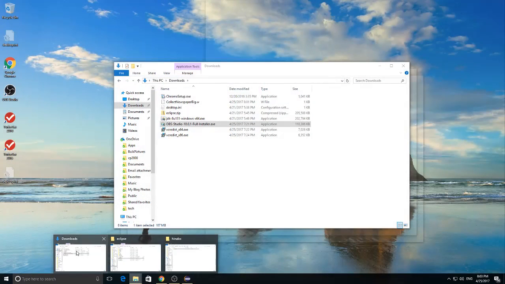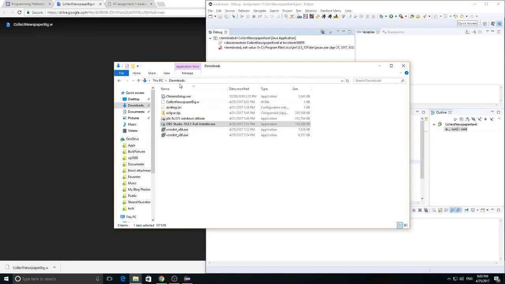Okay, so remember that this file is saved here, collect newspaper big.w. And then you can say Control C. You're all using PCs, right? Is your laptop, is your desktop a PC running Windows? Okay, cool. So you say Control C, which copies that file, and then it goes to your workspace,